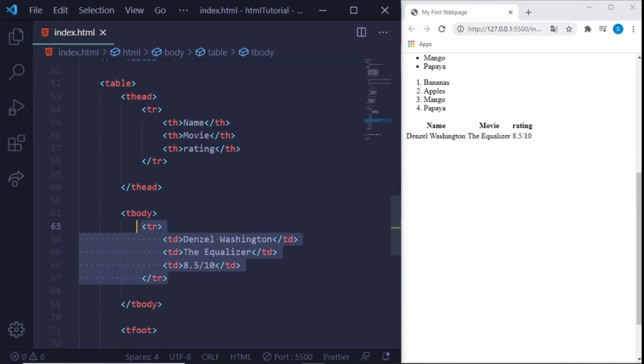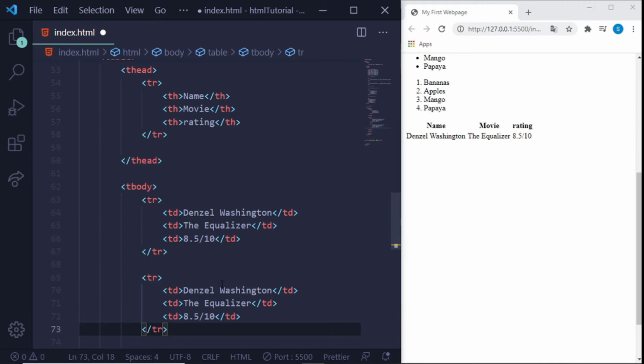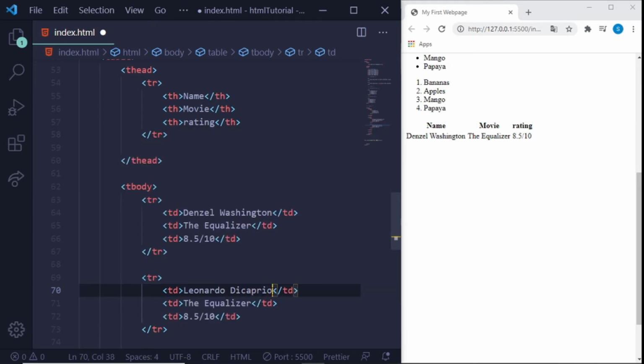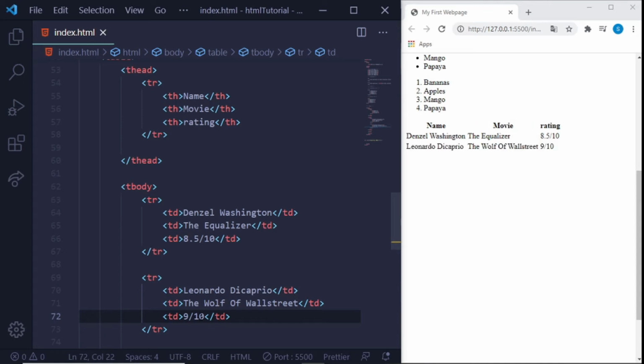And for sure we'll have more than one row. If not, this would be a really boring table. And now I'm gonna put Leonardo DiCaprio. And for sure I'm putting The Wolf of Wall Street. Great movie. And this I'm giving a 9 out of 10. Save that